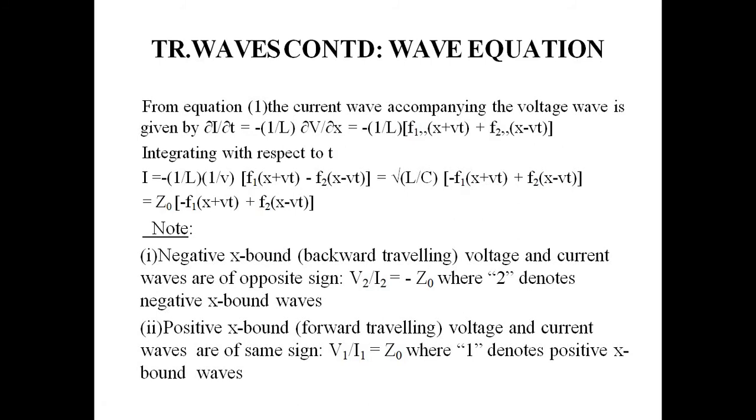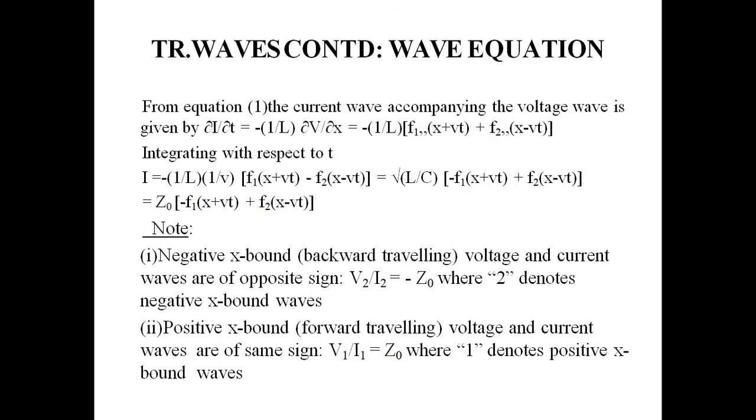Traveling waves, continuing the wave equation. The current wave accompanying the voltage wave is given by ∂I/∂t = -(1/L) ∂V/∂x, which gives f1(x + vt) + f2(x - vt). Integrating with respect to t, I = (1/L)(1/v)[f1(x + vt) - f2(x - vt)] = √(L/C)